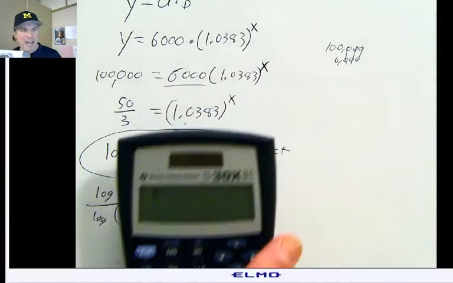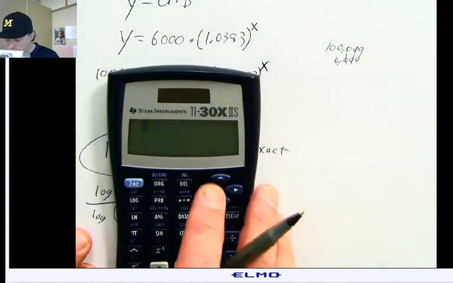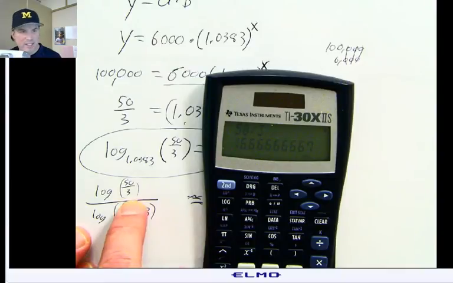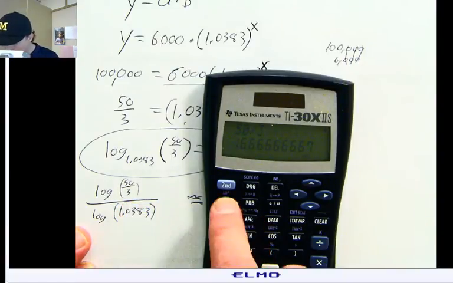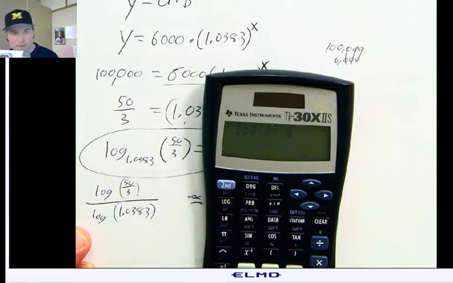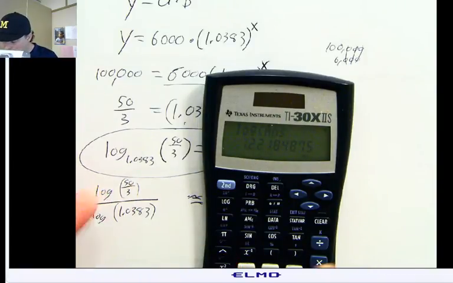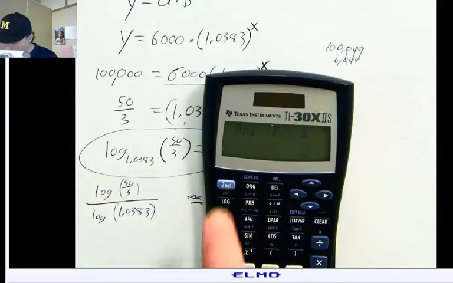Keep it exact. There's no need to do any kind of rounding in the middle here. 50 divided by 3 is 16.6 repeating. And then I take log of that number, and it gives me 1.22. And then I can take that entire decimal, which is on my numerator, and divide it by the stuff on my denominator. So log of